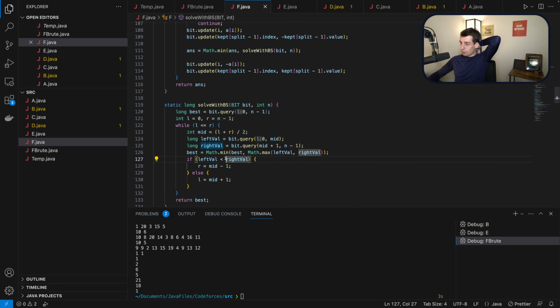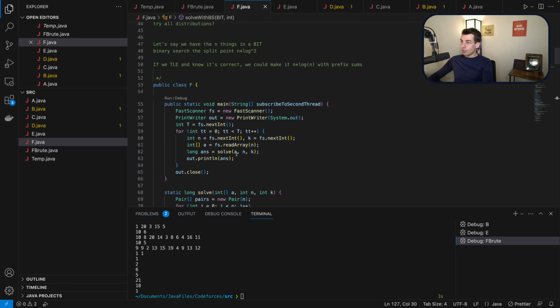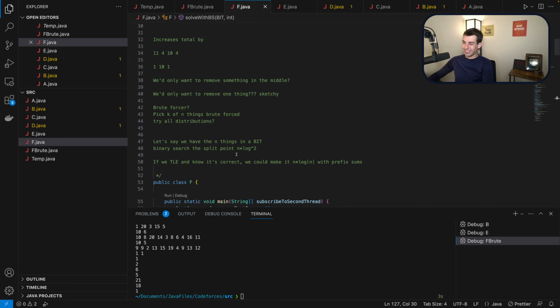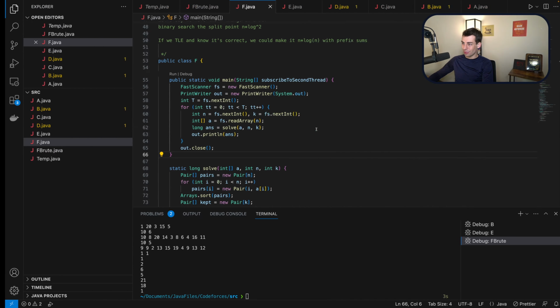So if left val is too small, oh wait, if left value is too small, then make it bigger. Yeah. Does it work? Okay, let's see. So first of all,